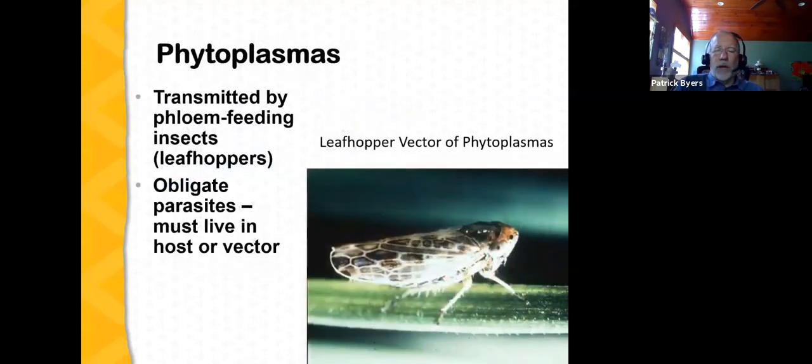Like viruses, they are primarily spread by a vector, okay? An example would be leafhoppers. This is a leafhopper here. Leafhoppers feed using their piercing sucking mouthparts, where they actually penetrate the cells of a plant, and they feed by drawing the sap out. And again, if they feed on an infected plant, they can draw the sap out with the phytoplasmas present, and then as they move to another plant and begin feeding again, those phytoplasmas can be introduced into the second plant. They're obligate parasites, which means they have to be either inside a host or inside a vector. So again, like viruses, they typically don't exist outside of a host.